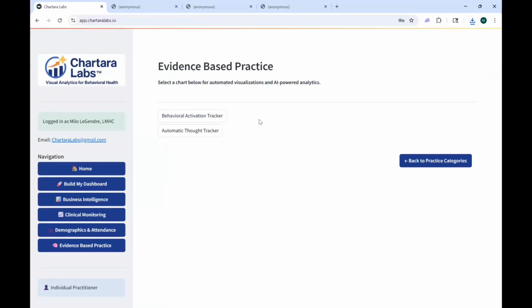Okay, so let's take a look at the behavioral activation tracker. This has never been done before. At the same time, the treatment is not different from regular cognitive behavioral therapy. So there's a behavioral activation tracker, there's an automatic thought tracker. It takes the exact same approach as